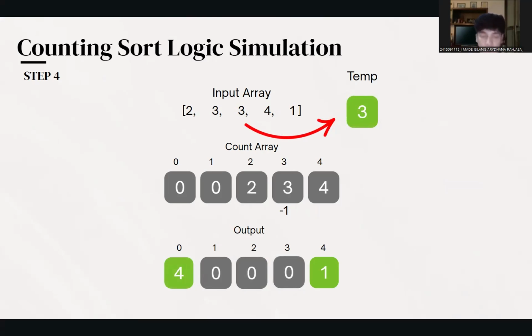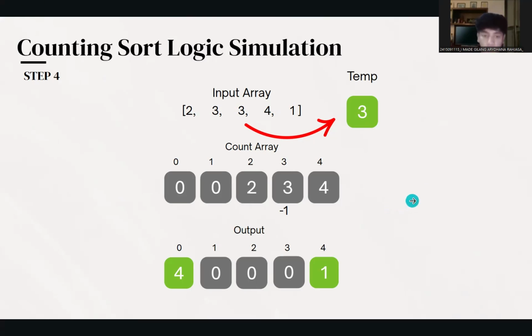And for number 3, number 3 will be put in the temporary variable. And the temporary variable will search in the count array index number 3, and the value will be minus by 1. And after that, the length of the array minus 1 will be minus by the value of the count array index number 3. So there will be 4 minus 3, there will be 1.